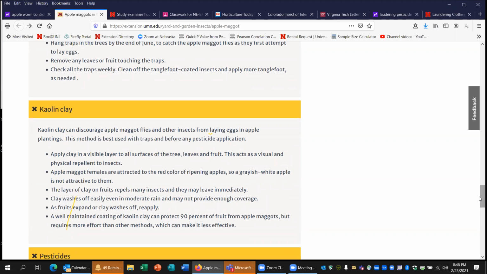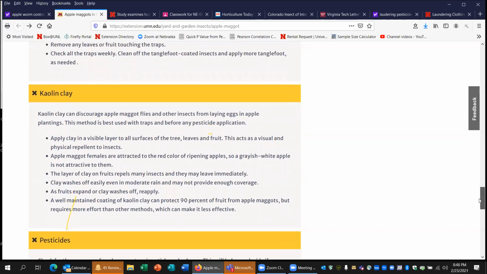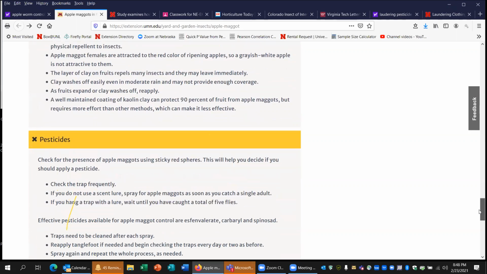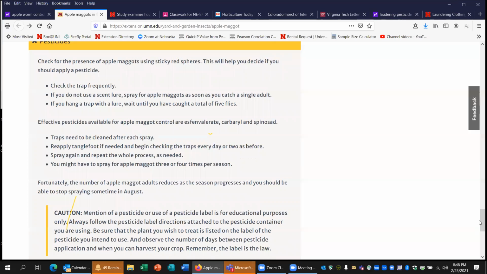Well, it's because it's attracted to that. So that's another one. And notice how pesticide is clear to the bottom. This publication is designed specifically with IPM in mind, connecting last week's class to this one, where pesticide is the